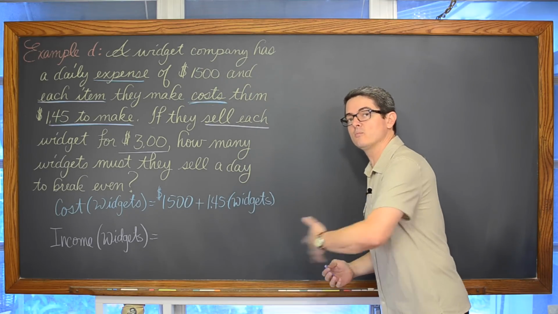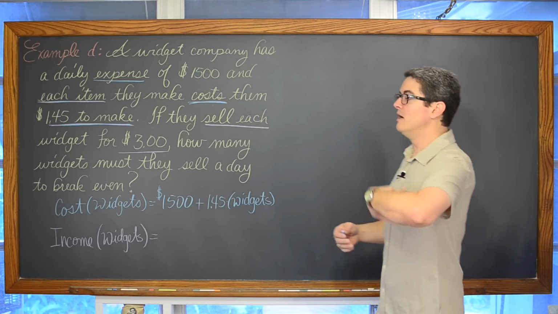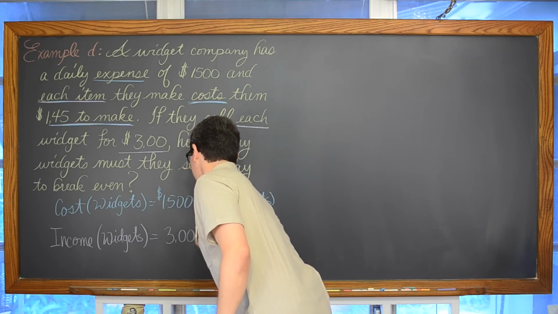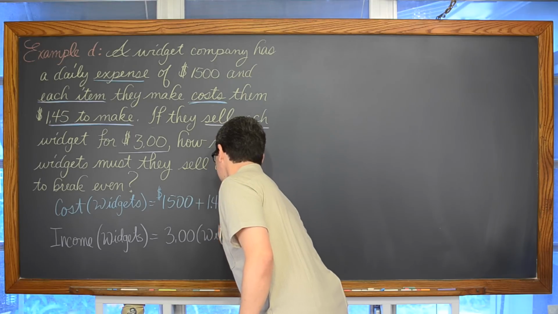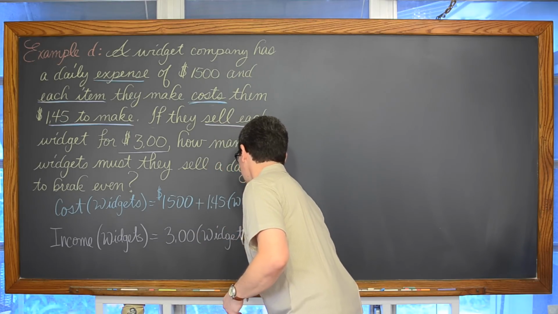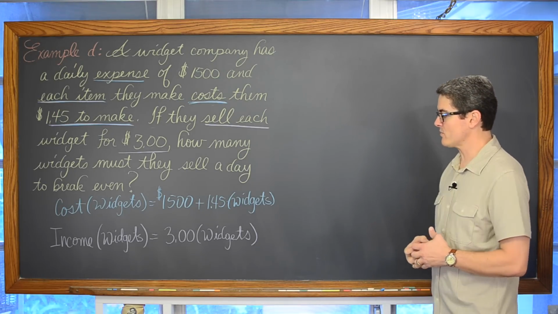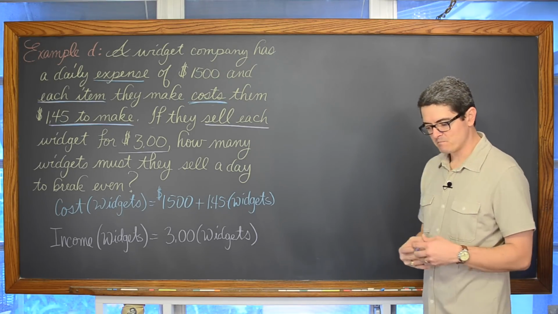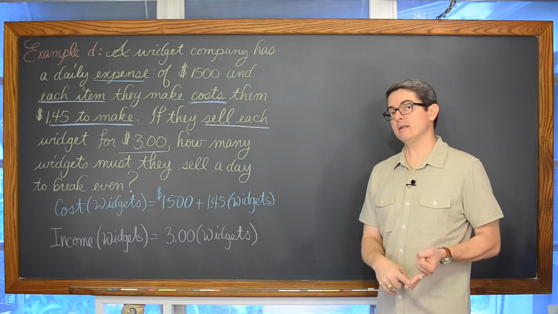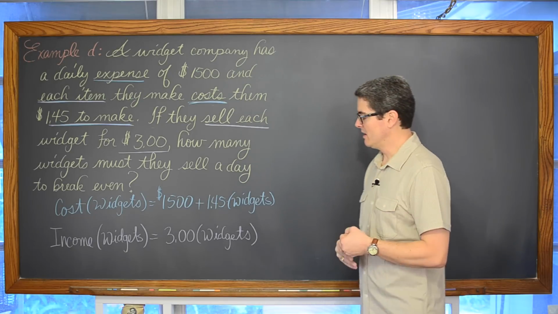Every additional item we sell is another $3 coming in, and 3 plus 3 plus 3 for every one that we sell is going to show up as $3 times the number of widgets, because repeated addition can be shorthanded into multiplication. Now, when you talk about revenue or income, there's a gross income and a net income, or gross revenue and net revenue, whatever language you might be using.